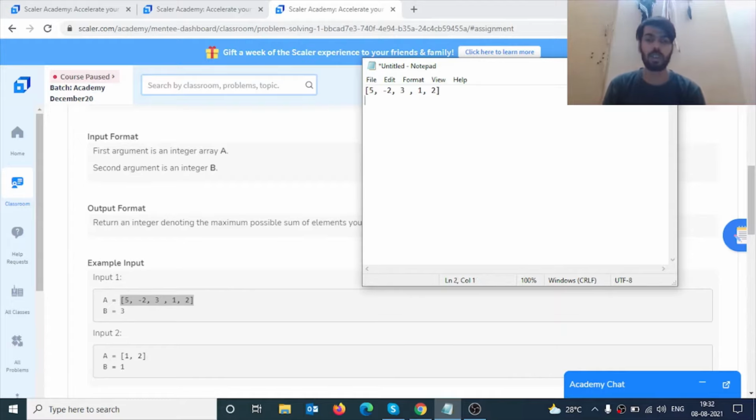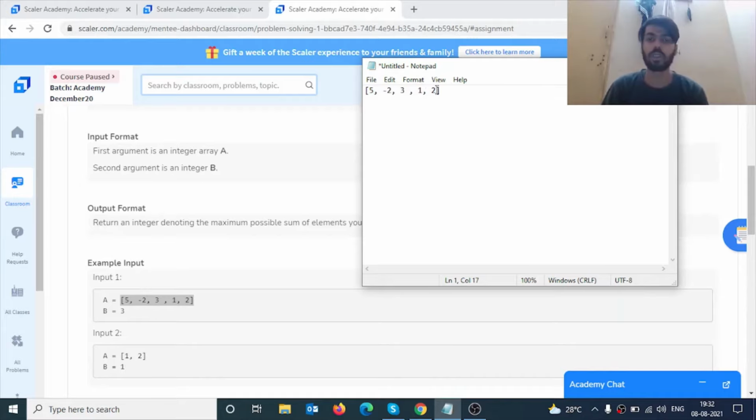So this question wants to tell us we can select either these three elements, or we can select these two elements and this one element, or this element and these two elements. We have to select only three elements, either from the left side or right side, and find the maximum sum. We can't select these three elements because we have to select from the left end or right end, not skipping any element from the left or right end.